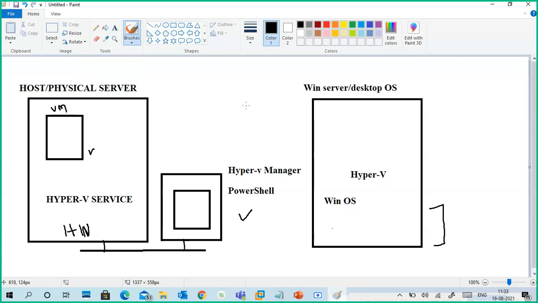more than two services, either one service or two services. For example, Active Directory and DNS, or maybe DHCP and WDS, like that. So either one service or two services, not three or four services.